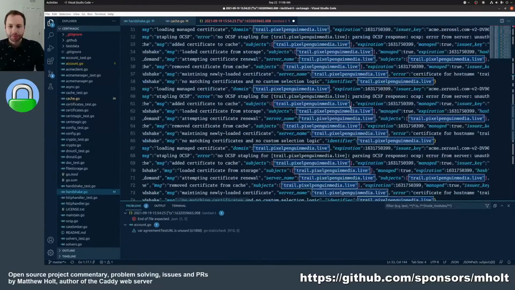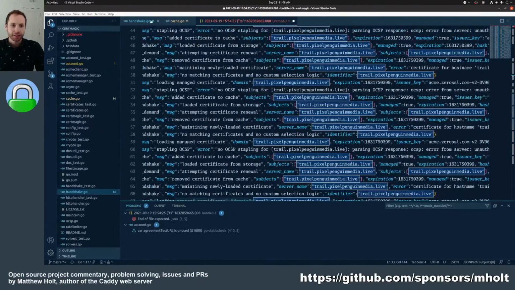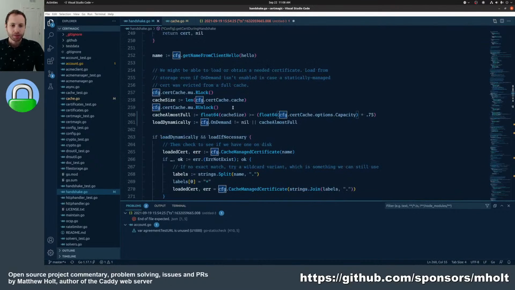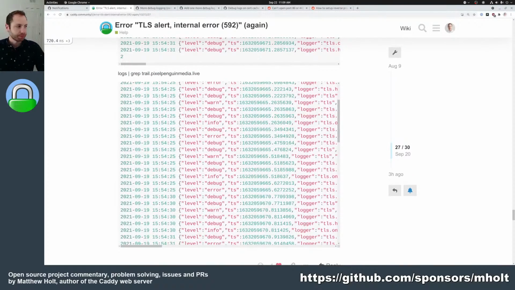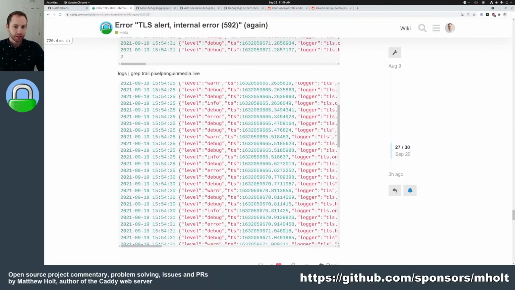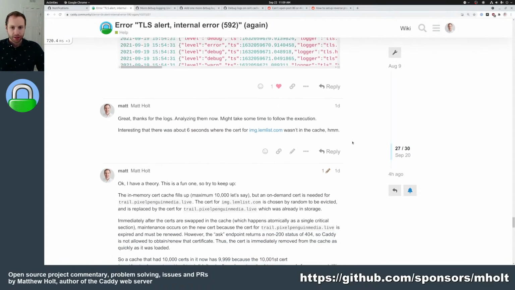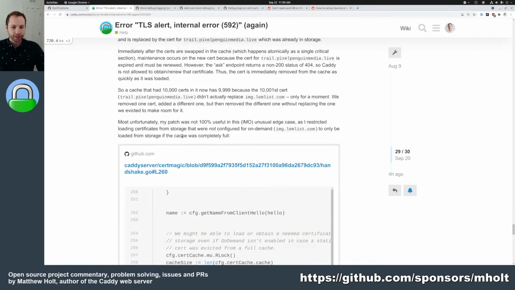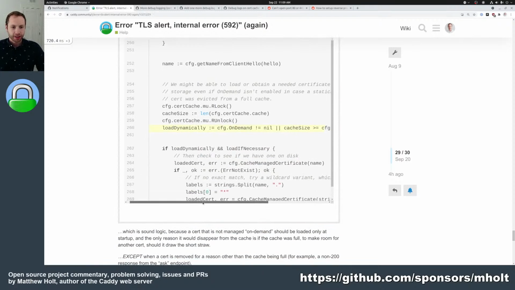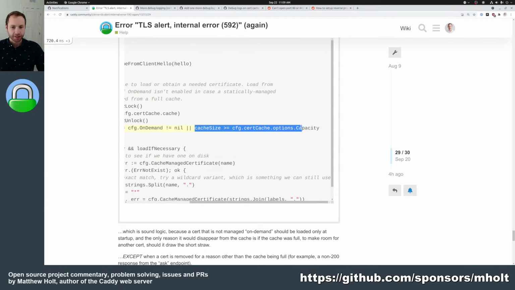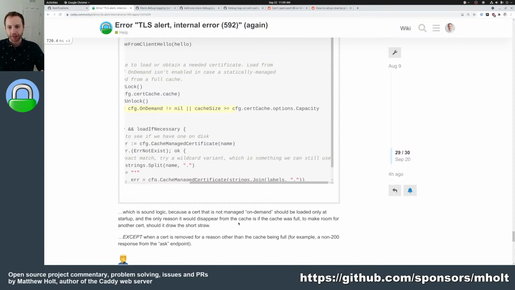So, anyway, that was, I guess, the second problem. And so, okay, the question is, well, shoot. Okay, so I explain this here basically in my reply, where, yeah, the cache size is not actually equal to or greater than the capacity. It's one short, because the certificate that was loaded to replace the one we evicted was also evicted. And